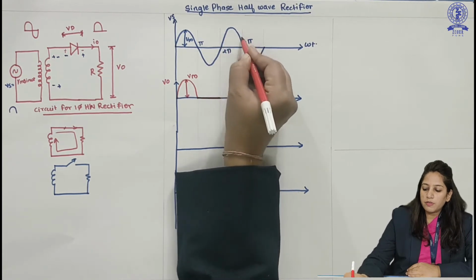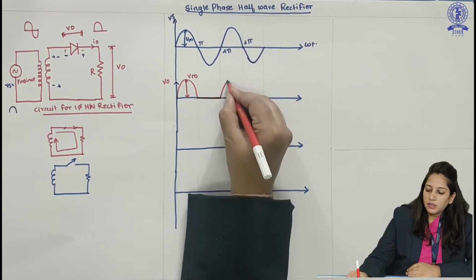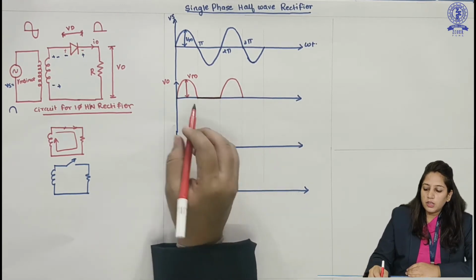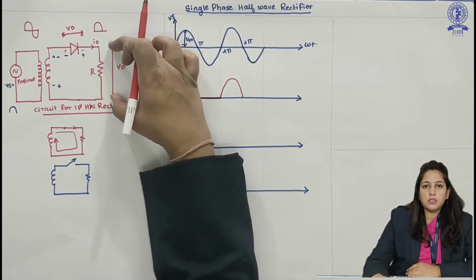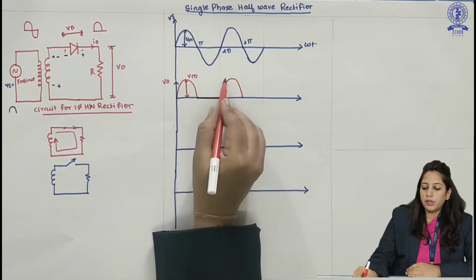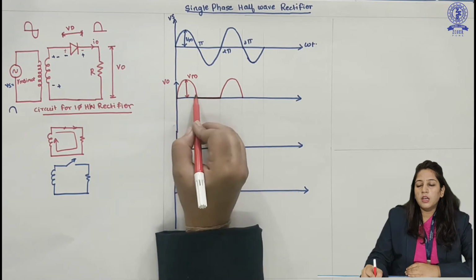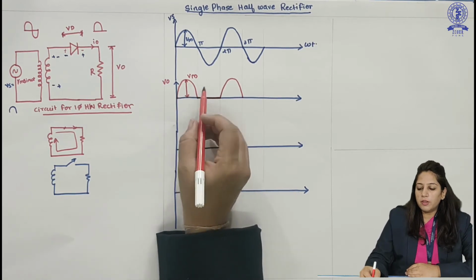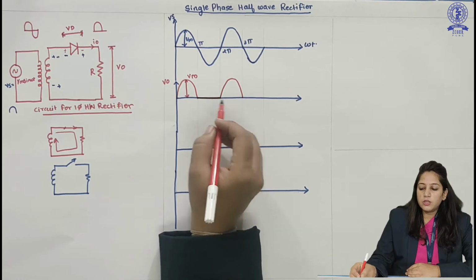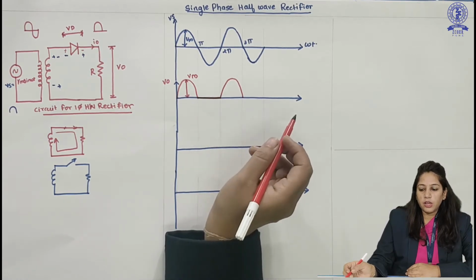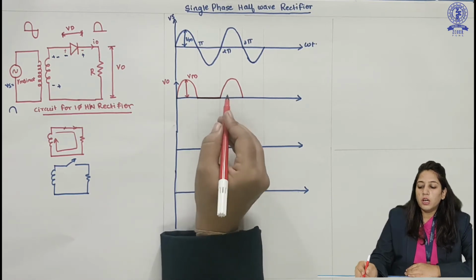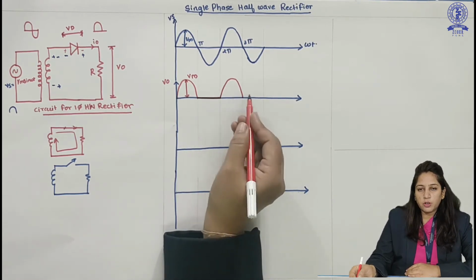Again for the positive half cycle, here I will get an output wave. So in this way, on these two terminals where the load is connected, I will get a half wave. Half wave means I will get only the positive side wave, I will not get voltage for the negative side, and so this is called a half wave rectifier. This is not an actual pure DC supply, we need to apply some filters in front of it.